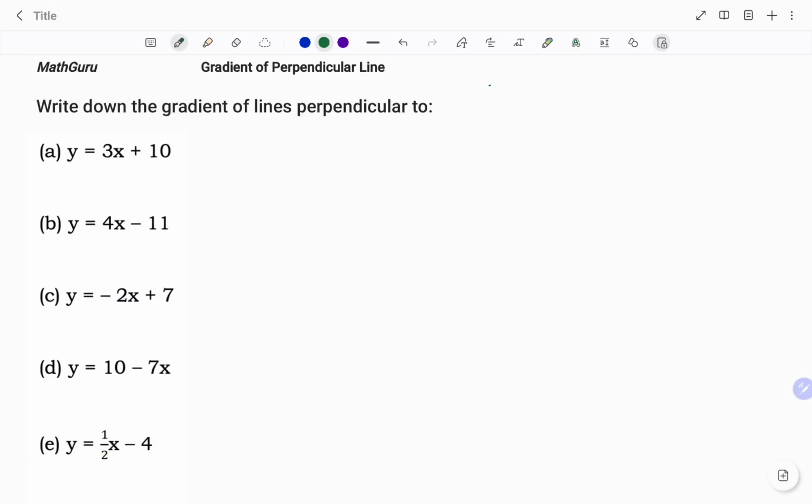In this video, I'm going to show you how to write down the gradients of lines perpendicular to the following